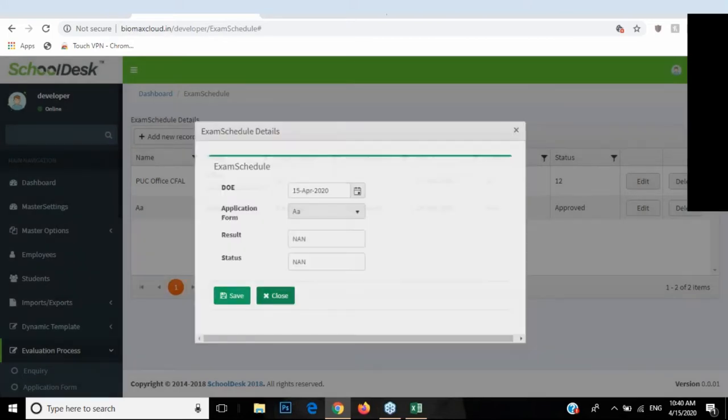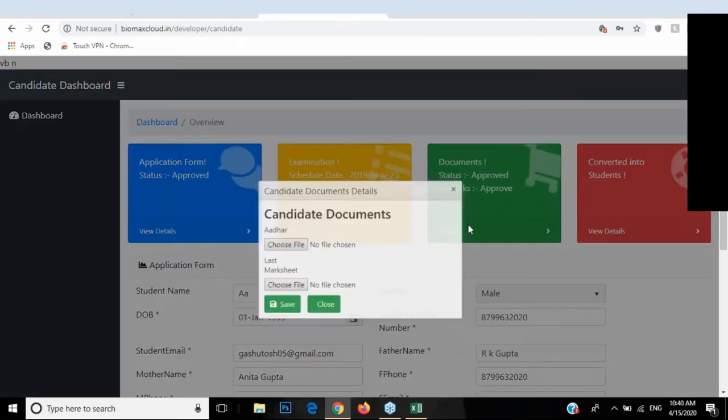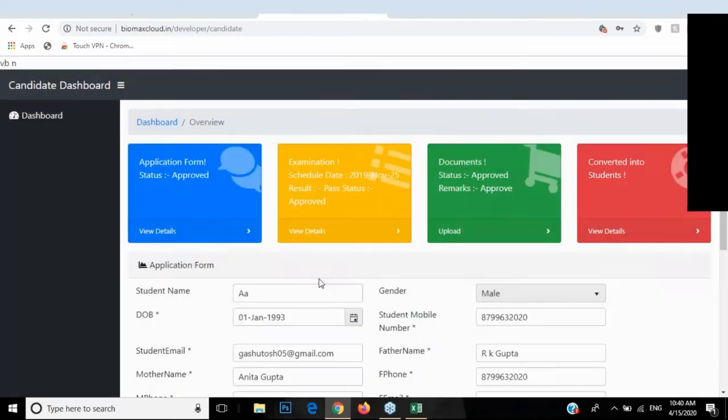Once we save it here, students can see the schedule of the examination, and if the result is already declared, then they can see the result here. If they are passed and the status is approved, then the next step will be uploading the documents. They simply have to click here on upload documents. They have to upload the Aadhaar details and marksheet Xerox. So we save it here,